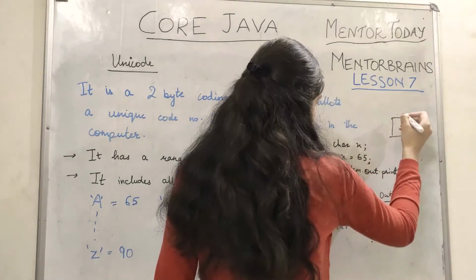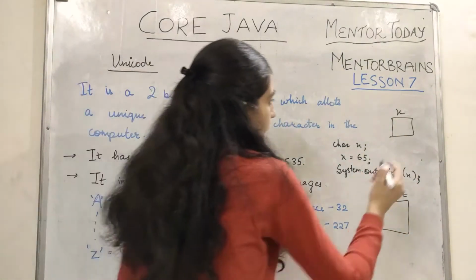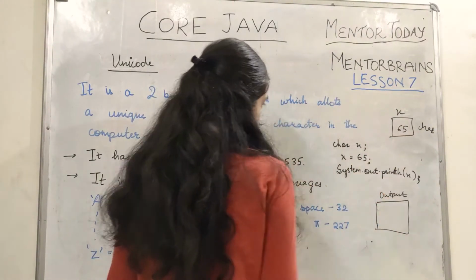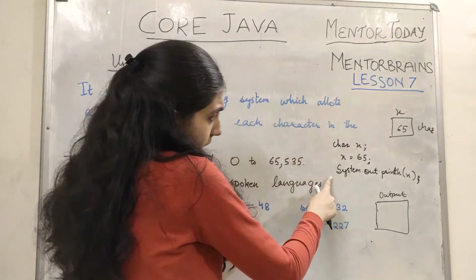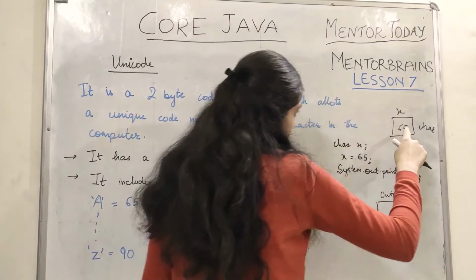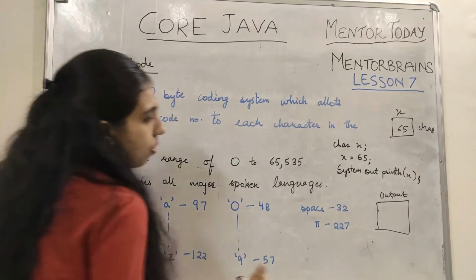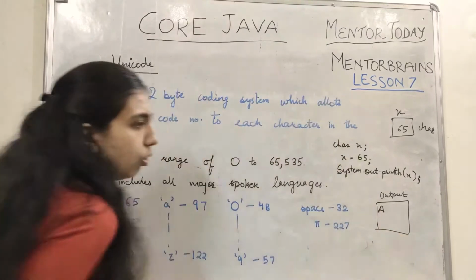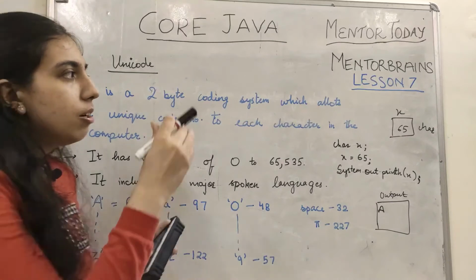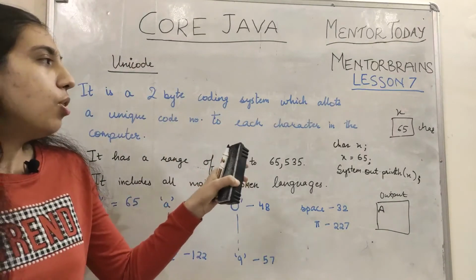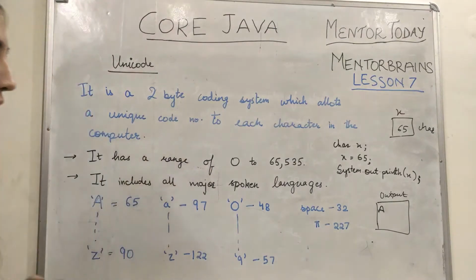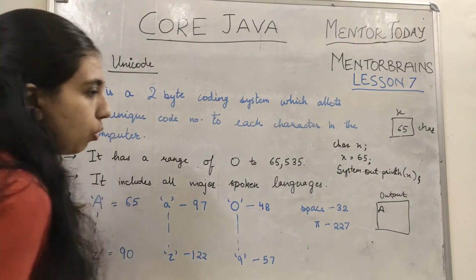Again, a memory location x will be there of character type char, and it will get the value 65. Now when executing this line, x will be printed as a character, and 65 is the Unicode for a, so a will be printed on the screen. So this way we see that Unicode is very important in Java, and whenever a character value is stored in a memory location, it is stored as a Unicode and not as a or whatever character we have mentioned directly. So characters are stored in Unicodes.